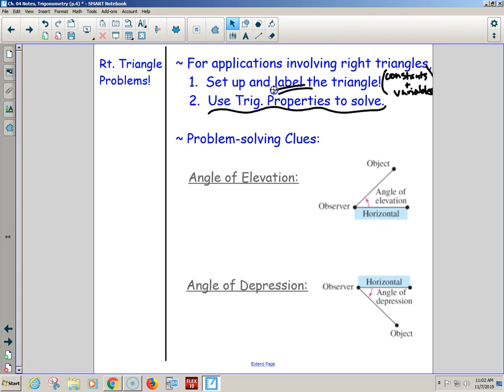Angle of depression. If someone is depressed, they're feeling down. So you think, from the top of the mountain, looking down. You're at the top of the mountain looking straight out. You're not at the ground, you're up in the sky, and if you want to look at the ground, you're going to have to look down. You become depressed when you look down because then you're going to fall off. Or if you depress a button, doesn't that mean you're pushing it down? No one said depress, just say press.